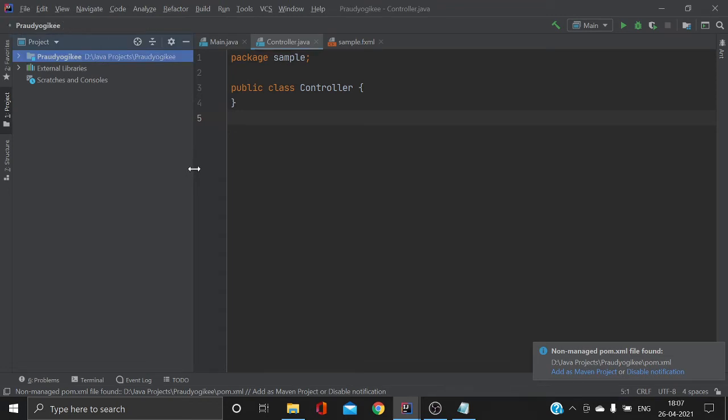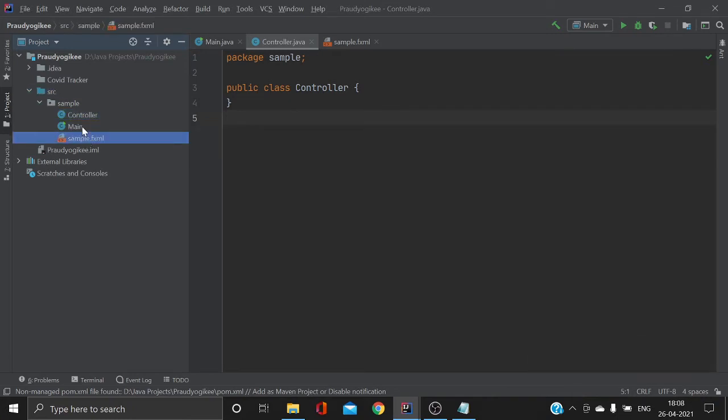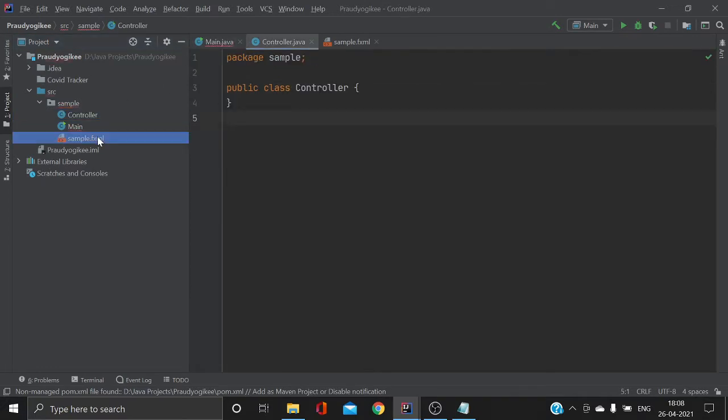Alright. Now you will see there are three files which are already present. First, the main.java file, the controller, and the sample.fxml file, which is basically the JavaFX file.